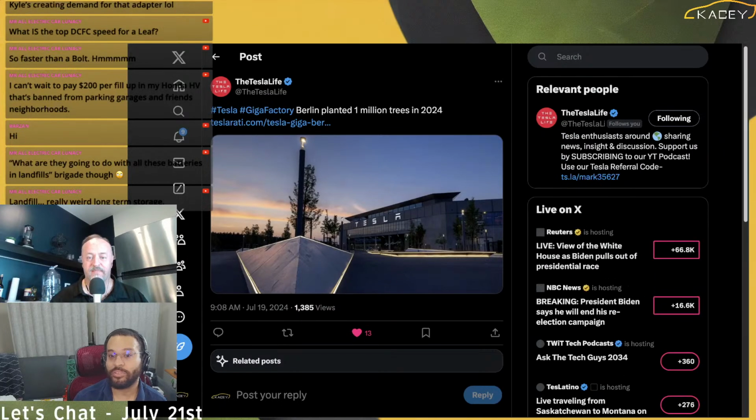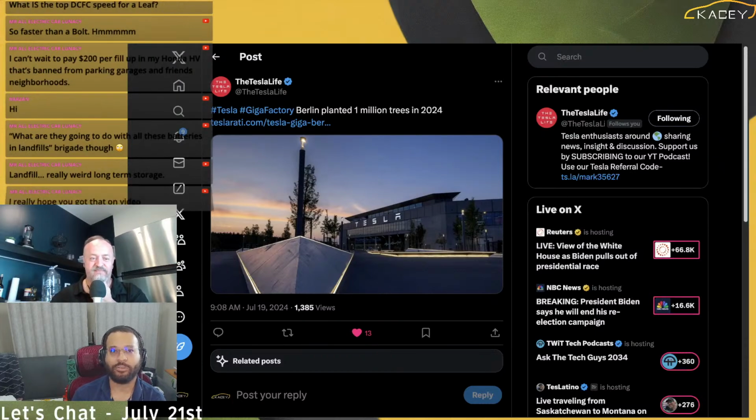Giga Berlin has planted 1 million trees in 2024. We keep telling you guys about how the climate terrorists and climate activists alike are complaining about the trees and the water and all this and that at Berlin. And Tesla is just continuing to meet their promises. These 1 million trees mean that they cut, what, 250,000 trees based on their promises. And those trees, like I keep calling it the cardboard forest, were designed as a tree plantation, and they were really crappy trees. They weren't even for paper, just for cardboard.